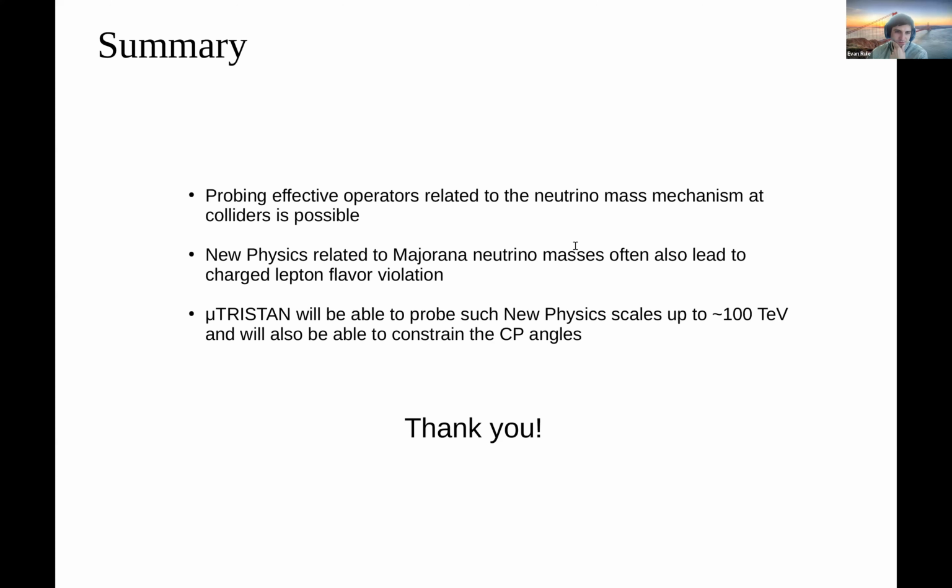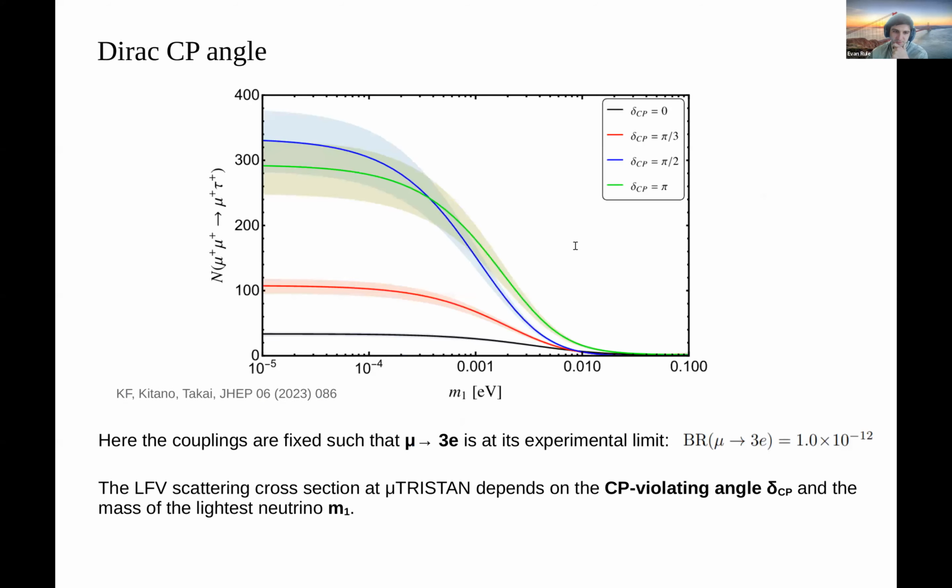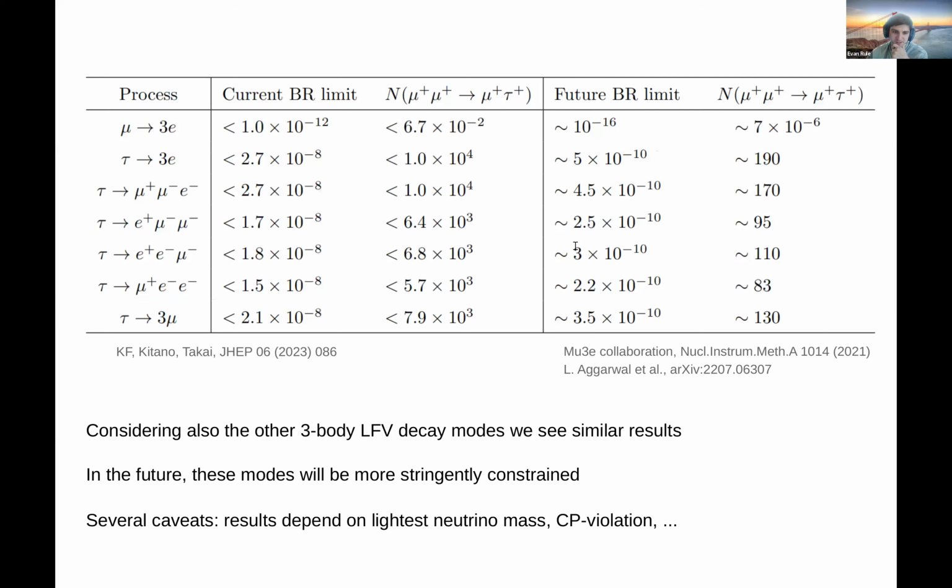So I was curious when you were discussing, I think you had the table of the different flavor violating limits and what the expected, exactly. So you have the expected number of events at muTRISTAN. So I'm curious because I thought that when you were discussing this was model independent, right? So I'm curious why, if you're thinking about like mu to 3e, so you're in the mu e flavor component, why does that necessarily give you something in mu tau?